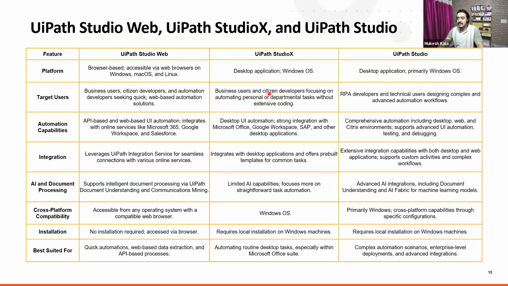This is for the citizen developers. When I say citizen developers, I mean people in the company who are not on the technical side but do want to do their automation tasks like email automation, Excel automation, very limited small capabilities, but do not require any coding. They can go for UiPath StudioX, which is again a desktop product available alongside UiPath Studio. So both of them are desktop. This one is on the web, right?